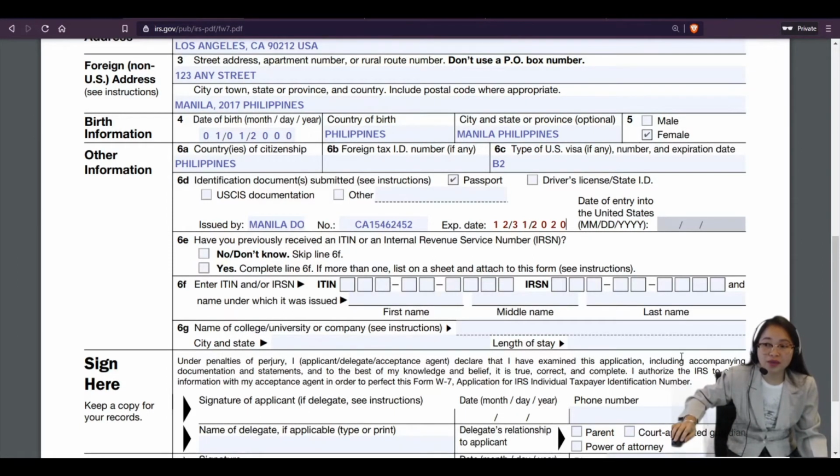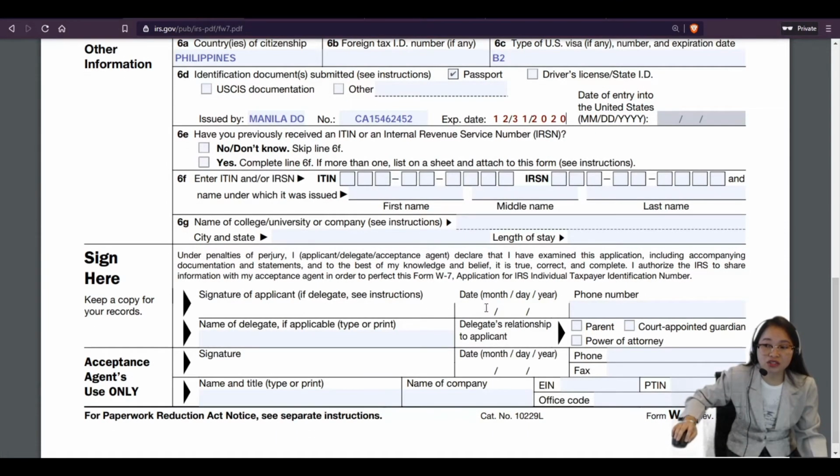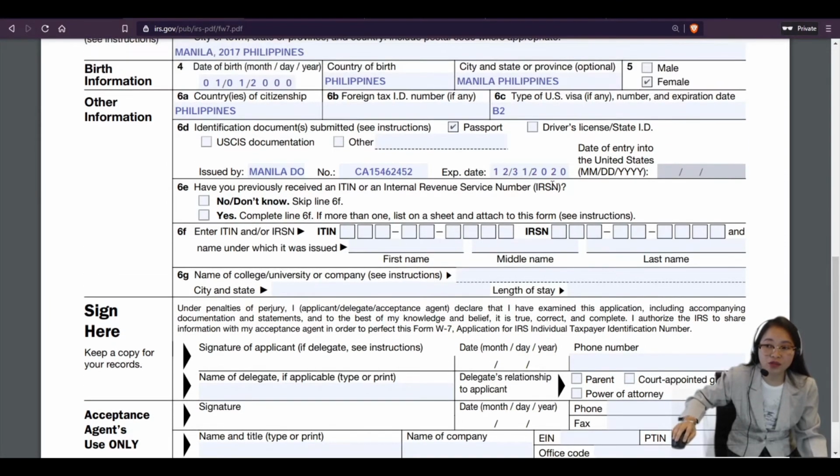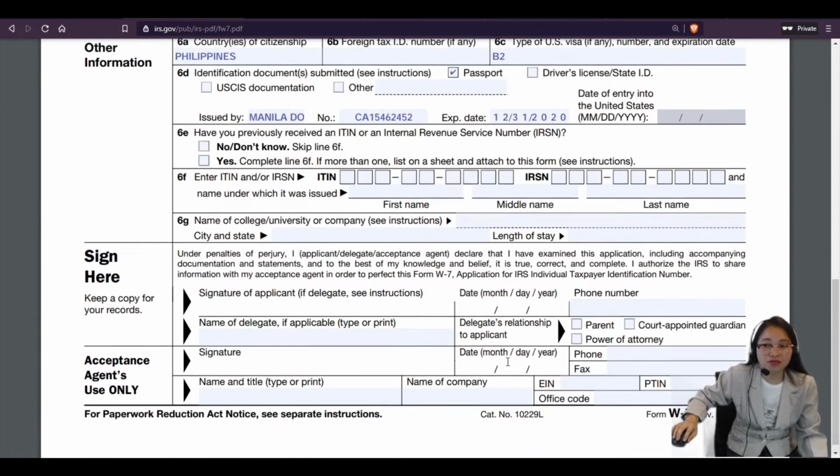If the expiration date of your passport is 12/31/2020, your application must be at least 6 months before the expiration. So you have to submit your application before July 1st of 2020,